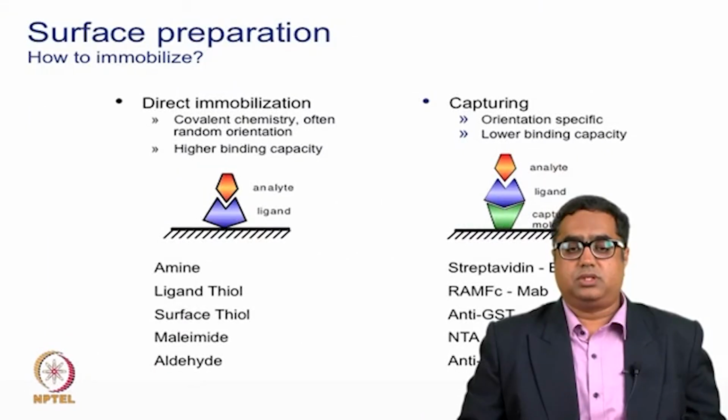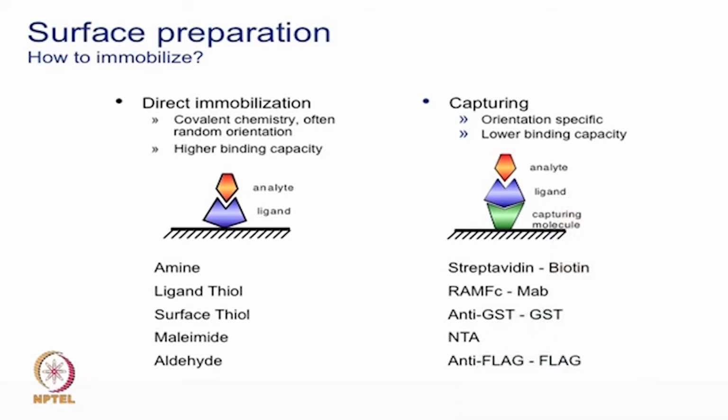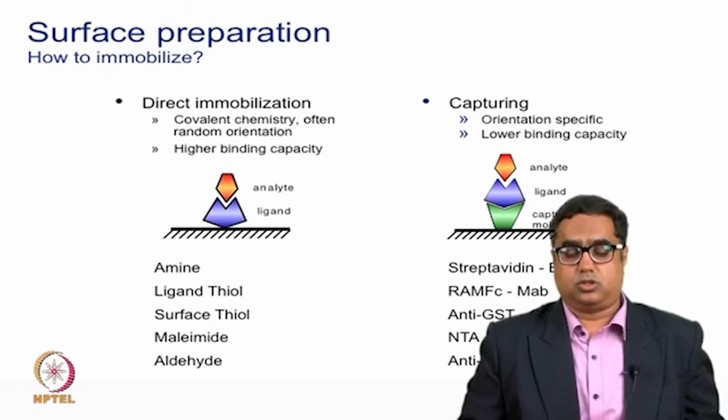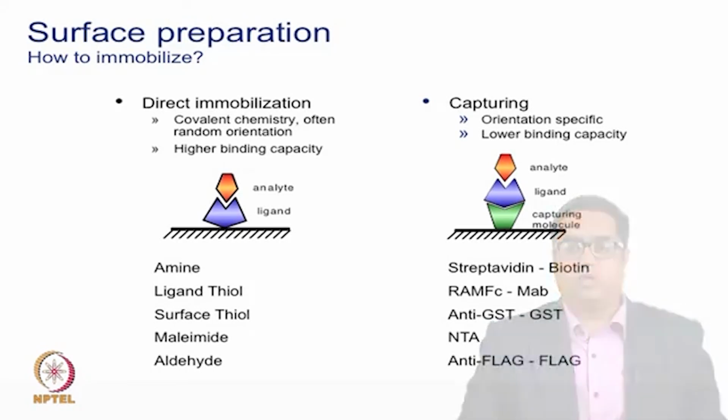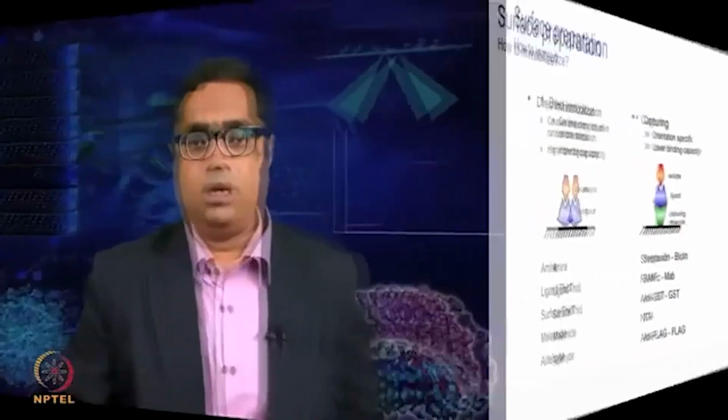So, direct immobilization is a covalent immobilization, which is a permanent immobilization, and in this process we immobilize our ligand of choice on a surface permanently. The other way of doing it would be a capture, and there are different sensors or different surfaces that are available,